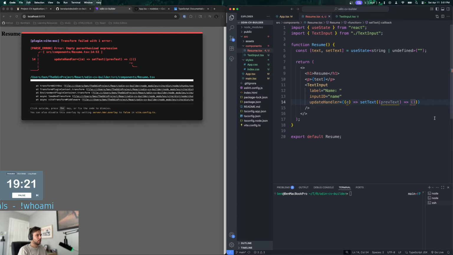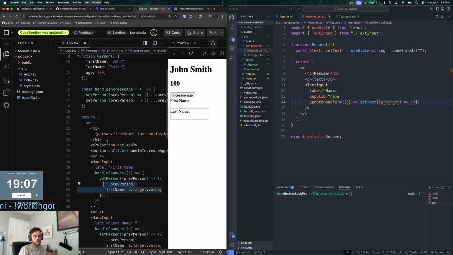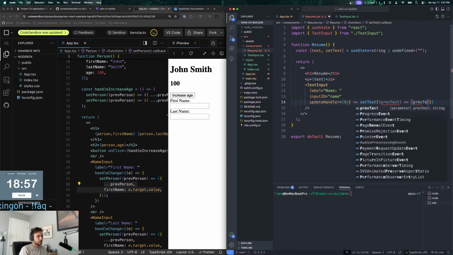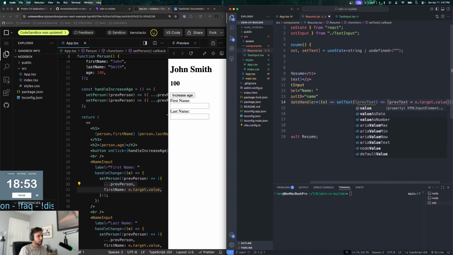Okay, so then there was a way of doing this with the set text to be, but we're not rebuilding an object necessarily, so I don't know how necessary that is. I got you. So I'd say prev text equals e.target.value or something.